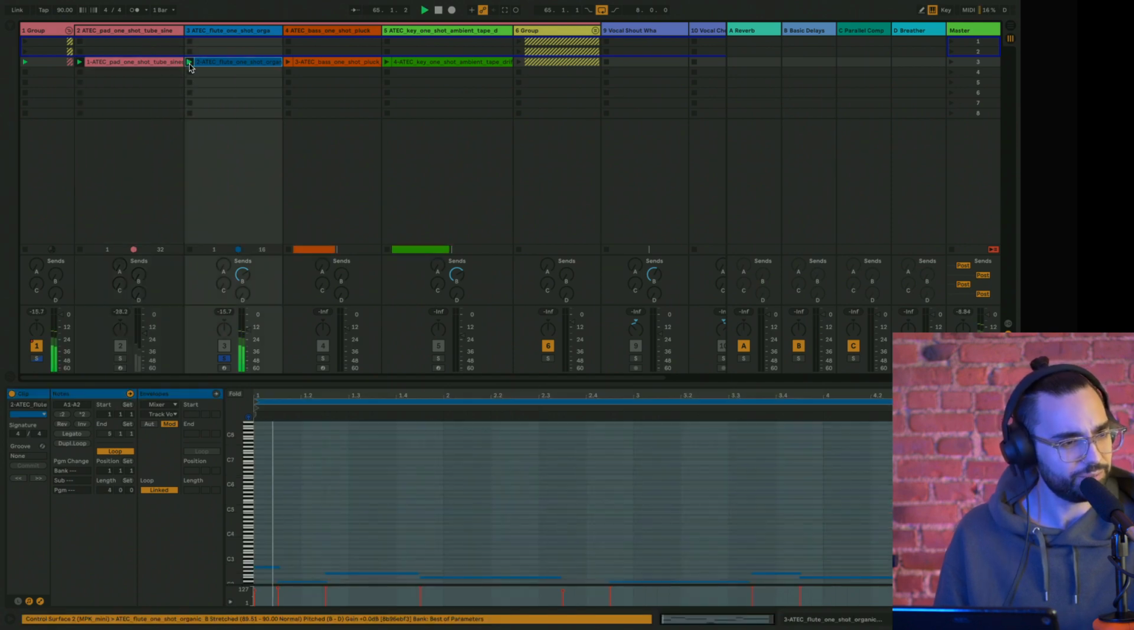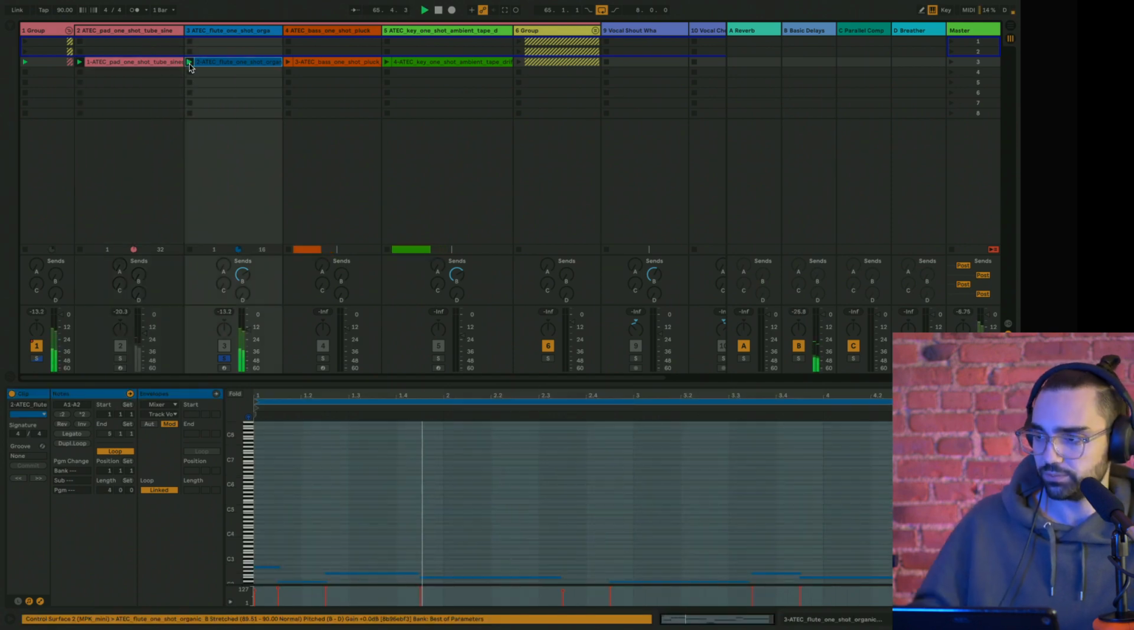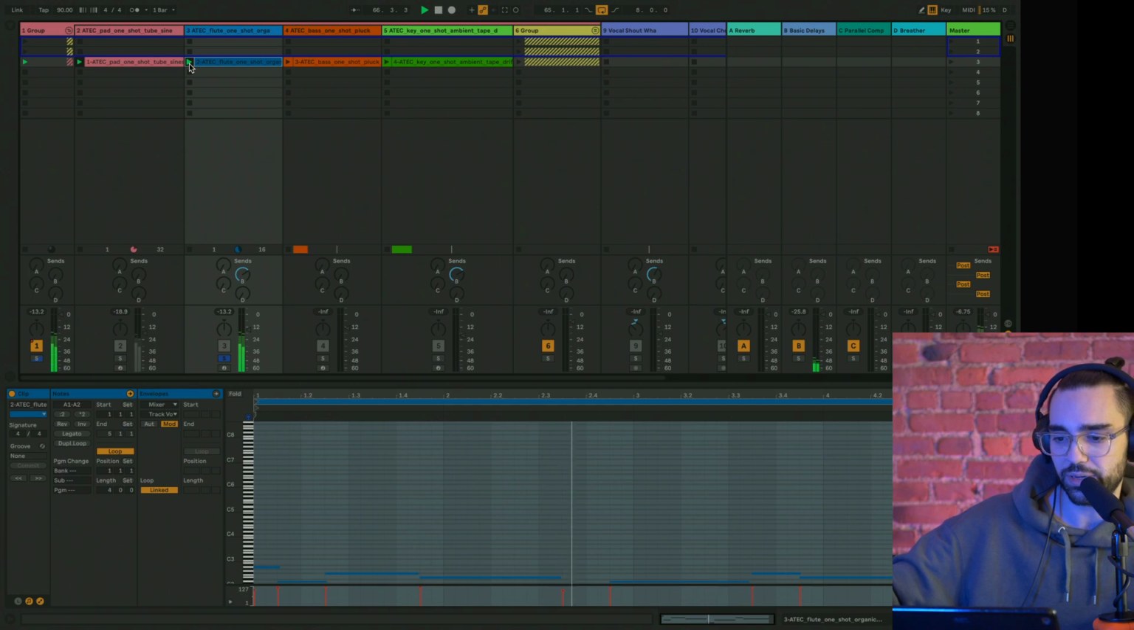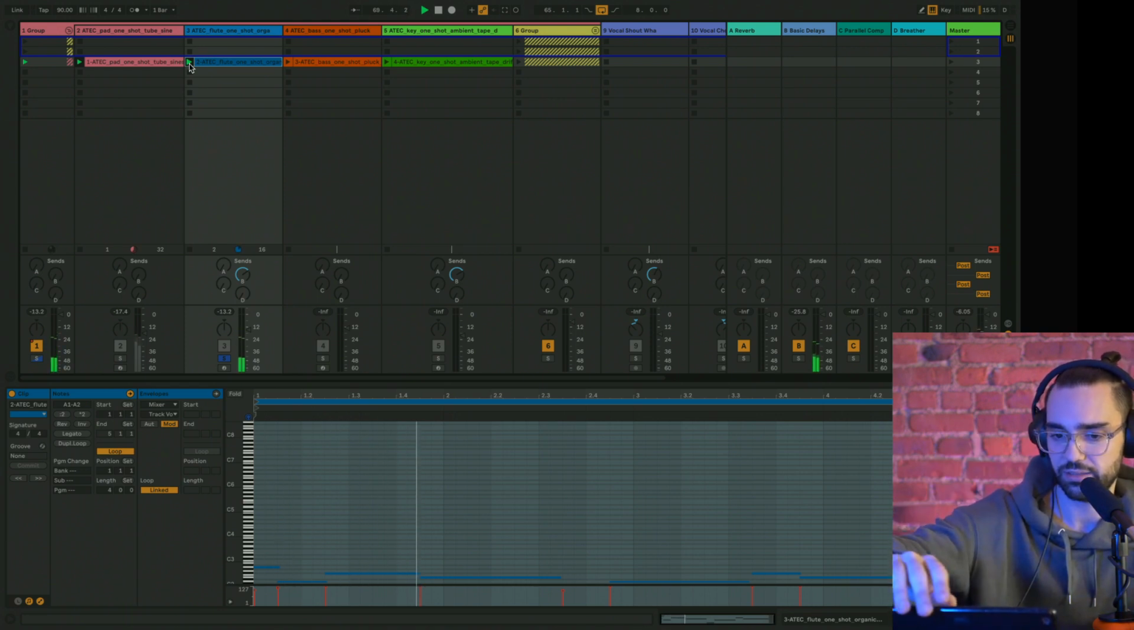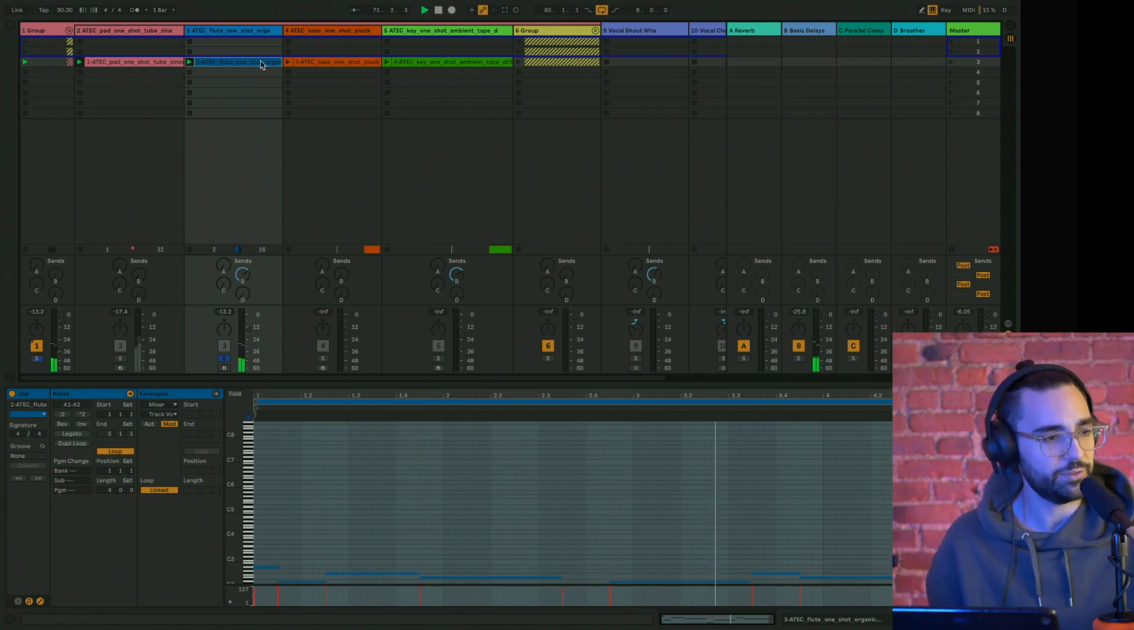Then we have a flute. Let me know how levels are, because I can bring up the levels of the project. I'm going to reload YouTube here so I can get the most recent chat. So that's our flute lead,